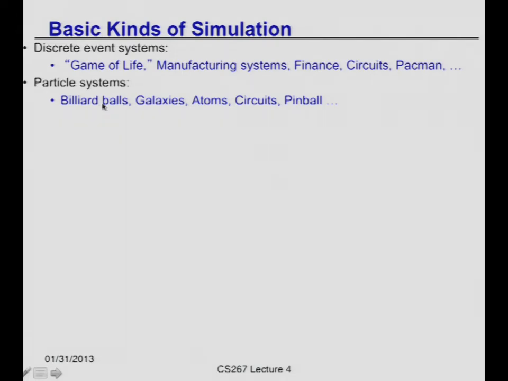The particle positions are continuous, but there's still a discrete set of particles, right? I have a finite set of billiard balls that are moving around, or a finite set of galaxies moving under gravity, or a finite set of atoms. And so what I'm going to do at every time step is make up some rule that says where am I at time t, where am I at time t plus 1. And so